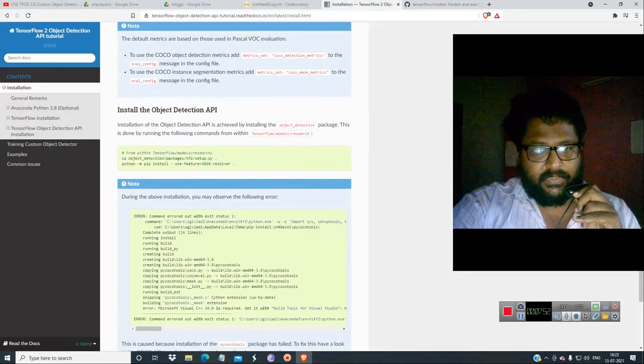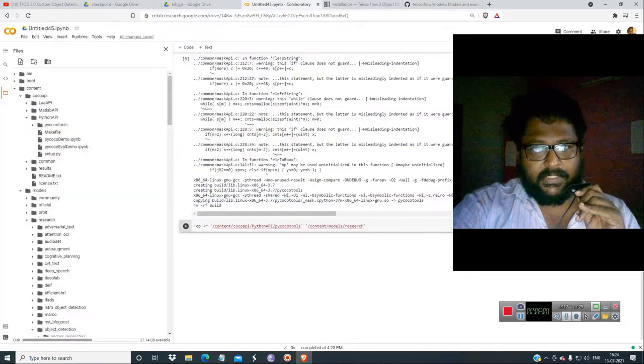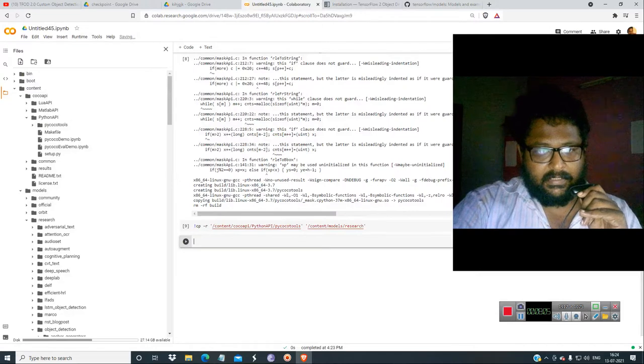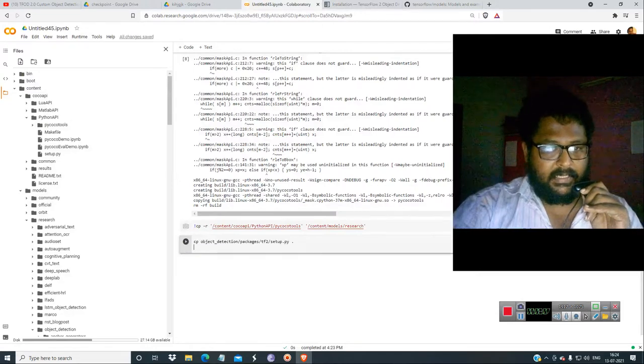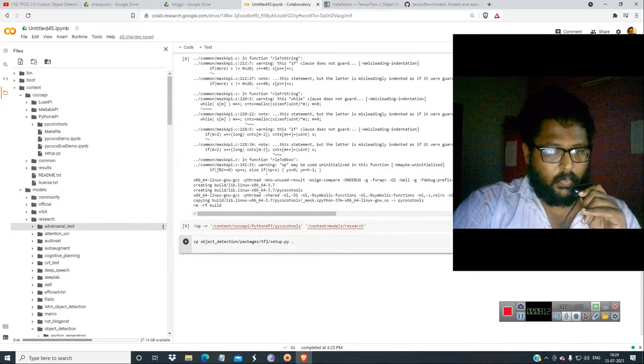So this is finished. Since we have installed cocoapi correctly, now you have to copy this. Just get over here and paste it, and this is supposed to be in object detection. In object detection, where is it?